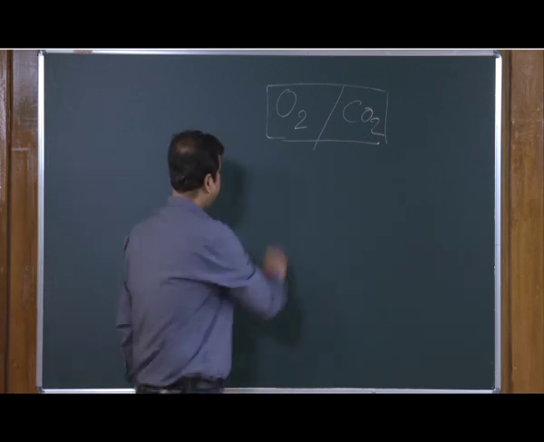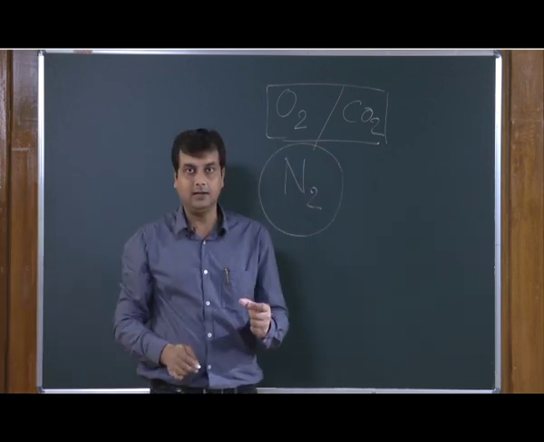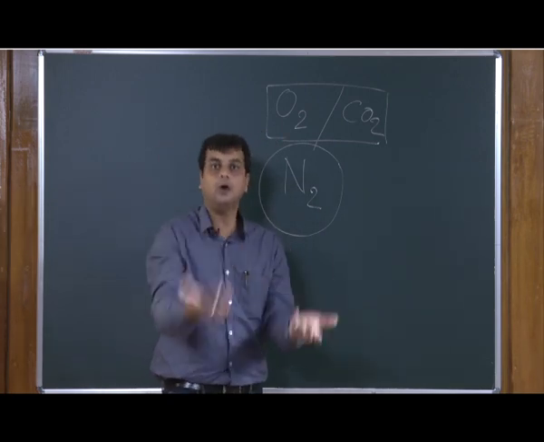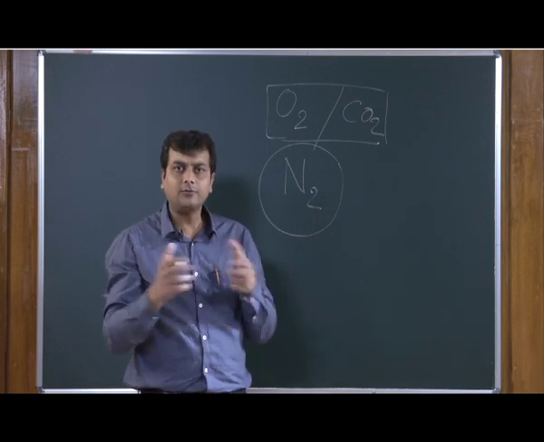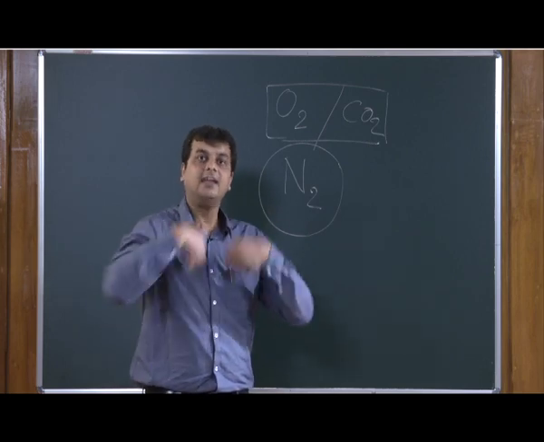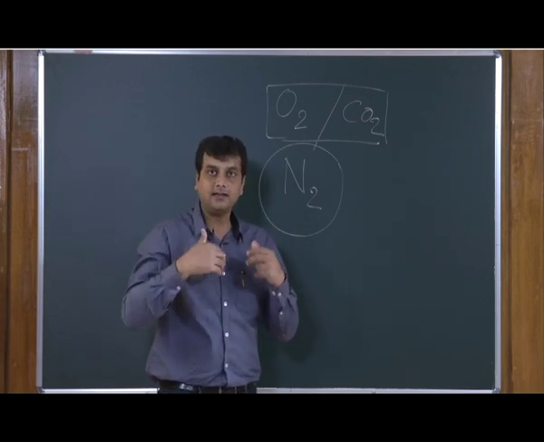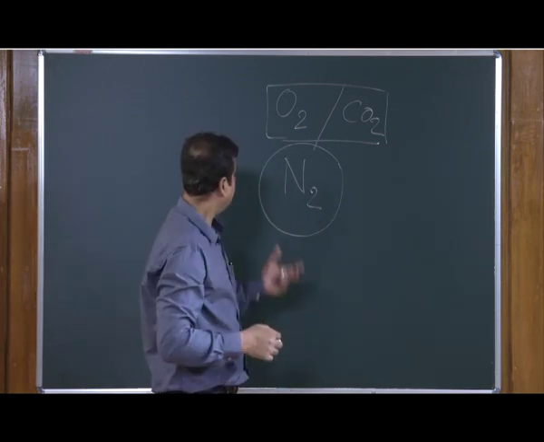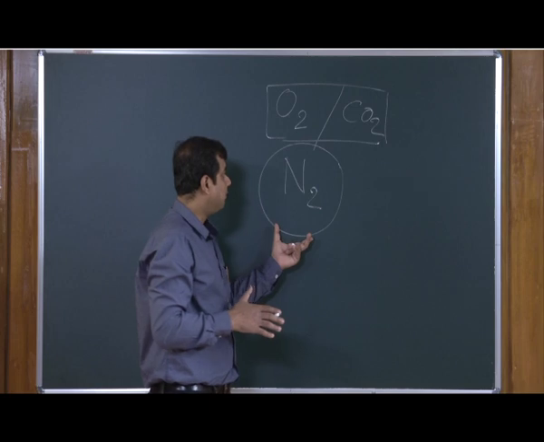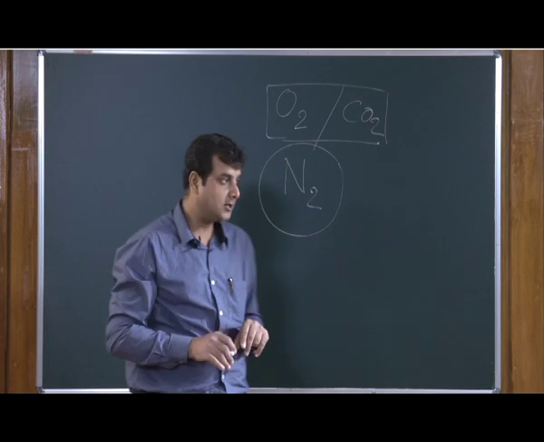Now, nitrogen is an incredibly inert material. It does not want to change itself. So, whatever nitrogen we breathe in is coming out also, with very little fluctuation or modulation between the inspired air and the expired air. Inspired is what we are taking in, and expired is what we are breathing out. This nitrogen is very stable in nature, and that is why atmospheric nitrogen is not used in normal physiological processes in the human body.